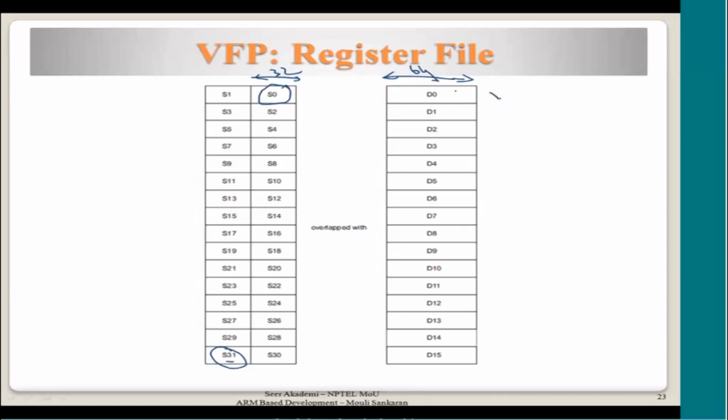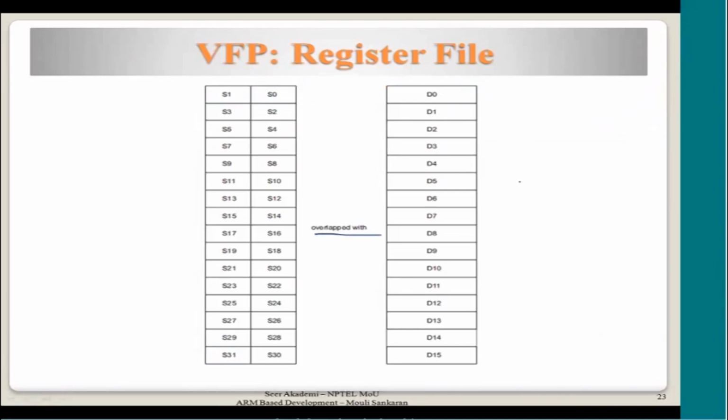Suppose I am operating on a double add, a floating point operation but with double precision arithmetic, and I say D0 comma D1 as the parameters, and then D3 is where the result has to be written. It will combine these two registers and access them as a single element, D0 and then D1, and write the result into D3. So this is how the register files are